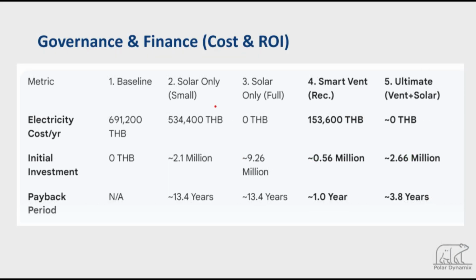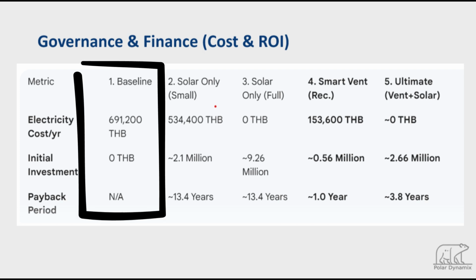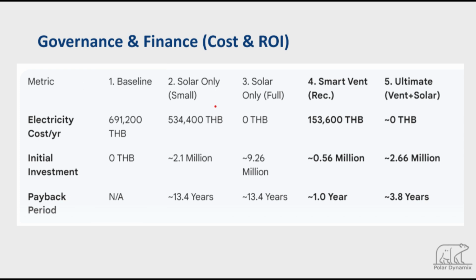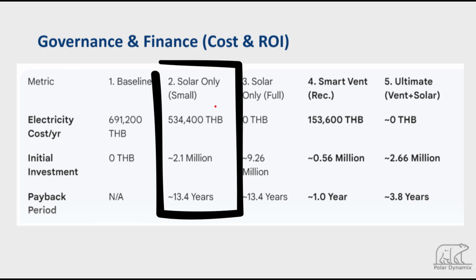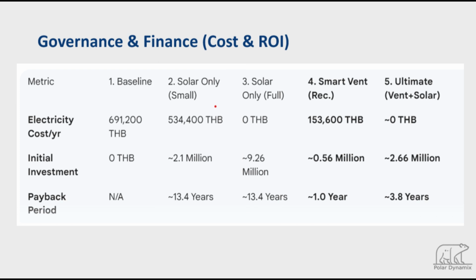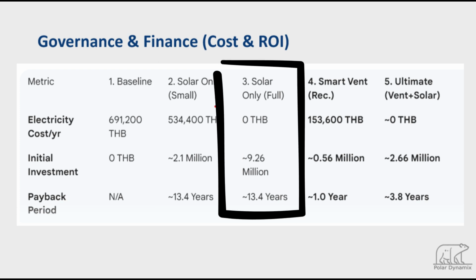This slide focuses on governance and finance, looking at cost and return on investment for each solution. In the baseline case, there is no initial investment, but the annual electricity cost remains high. When a small solar system is added, electricity costs are reduced, but the initial investment is significant and the payback period is long at more than 13 years. Installing a full solar system eliminates electricity costs, but requires a very large upfront investment and still results in a